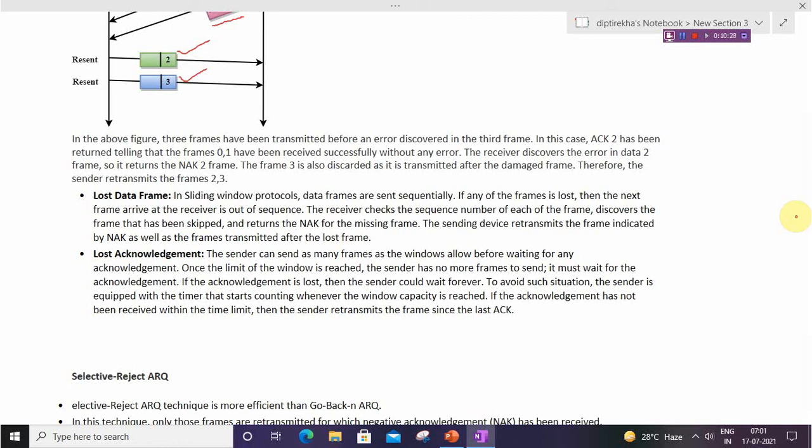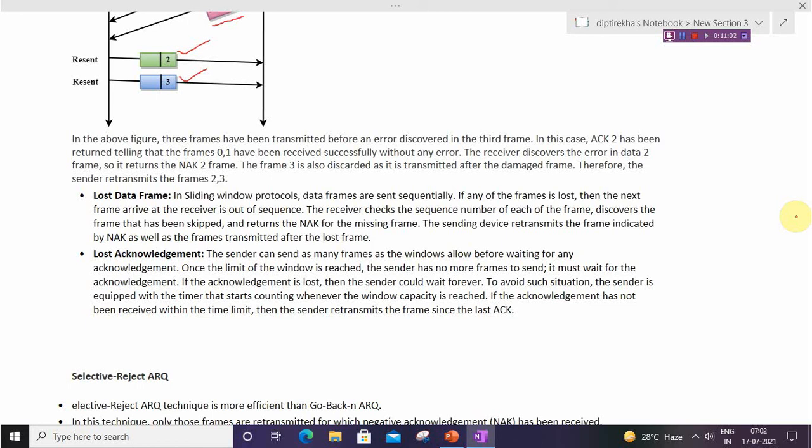Now, if the acknowledgement is lost, the sender can send as many frames as the window allows before waiting for any acknowledgement. Once the limit of the window is reached, the sender has no more frames to send. It must wait for the acknowledgement. If the acknowledgement is lost, then the sender could wait forever. To avoid such a situation, the sender is equipped with a timer that starts counting whenever the window capacity is reached.